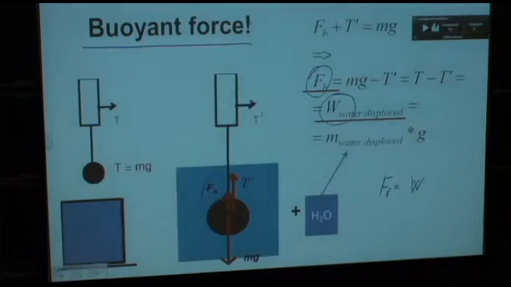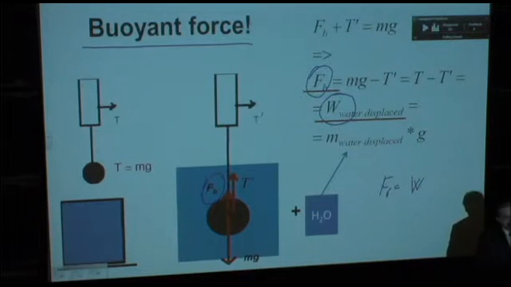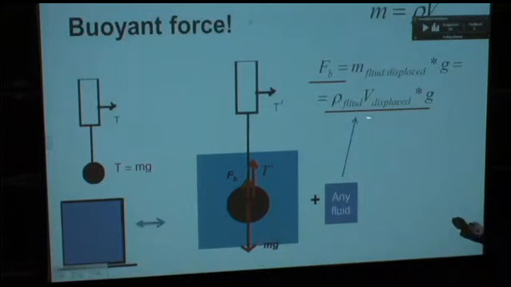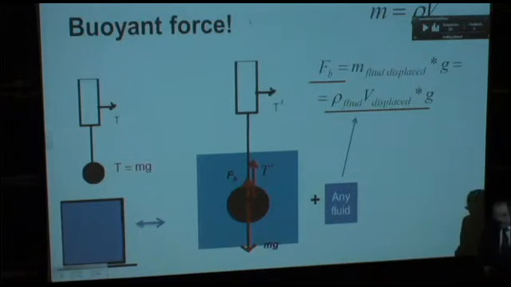And now, how do we calculate weight? Weight equals mass times gravity. So the weight of the water displaced has to be equal to the mass of that water displaced times g. How do we calculate mass? Now we know we can relate it to the density and the volume. So this is the final expression for the buoyant force acting on any object,